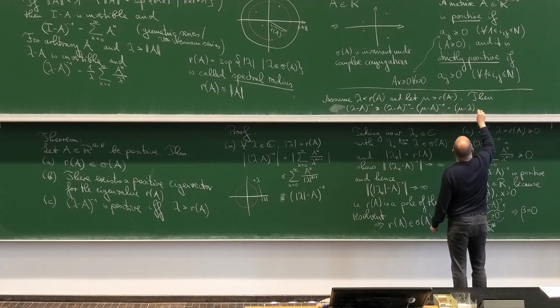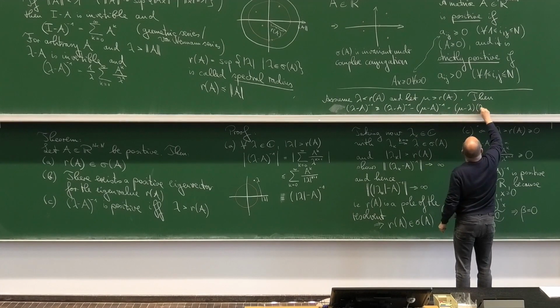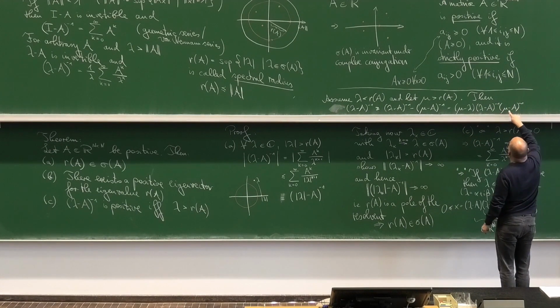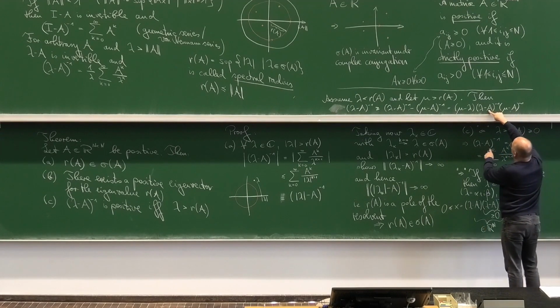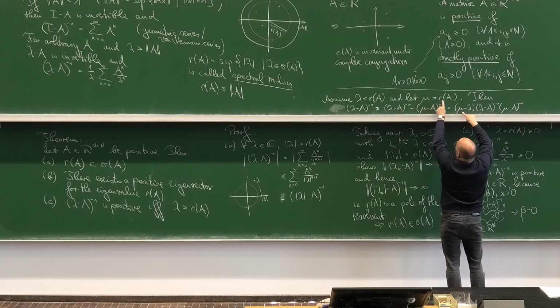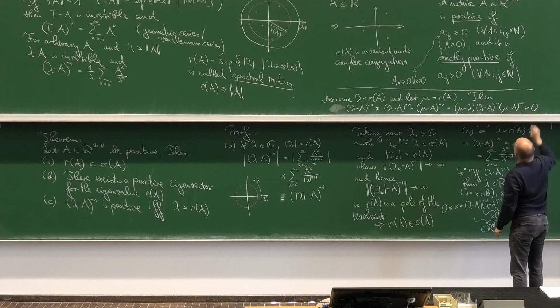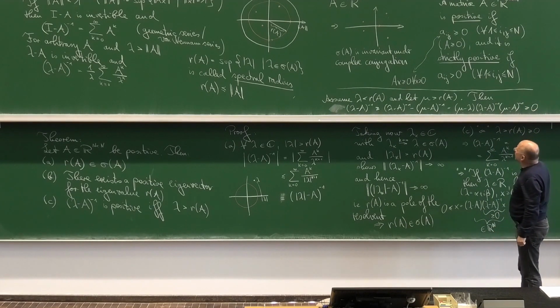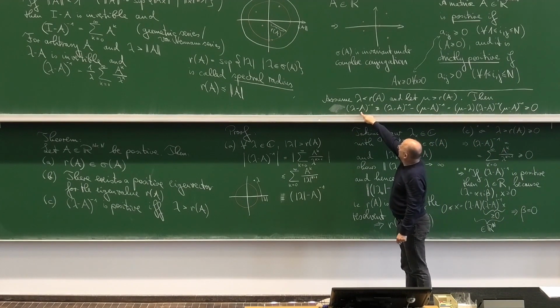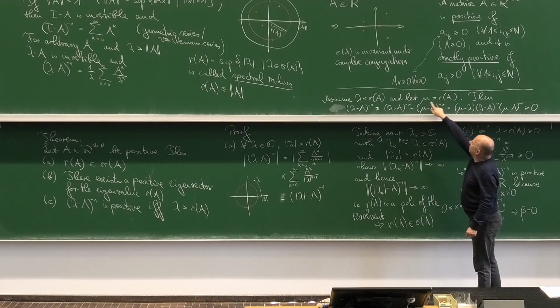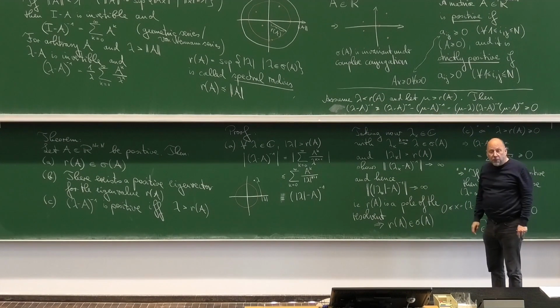So that's mu minus lambda times the product of these two inverses. And so this is positive by the first part, this is positive by assumption, and also mu is greater than the spectral radius and lambda smaller, this is also positive, so the result here is positive. But now see, this lower bound is independent of mu, and the upper bound is independent of mu. This shows that this resolvent here cannot blow up.